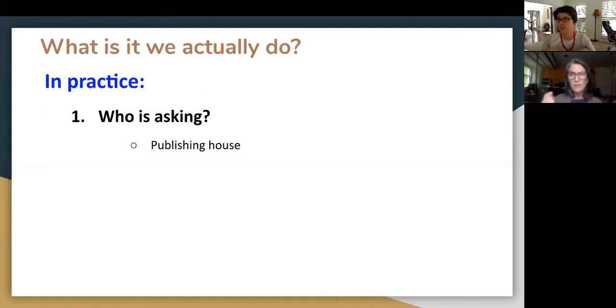the Netherlands, Teachers Discovery. I would even put Señor Wooly as, yeah, even if he is an independent, he's got an actual project manager. He works with a professional illustrator. I mean, he has a team in place, and it's a very professional business. So I would put him as well as a publishing house. And typically, when a publishing house comes to you, they are very clear about what they want and what they